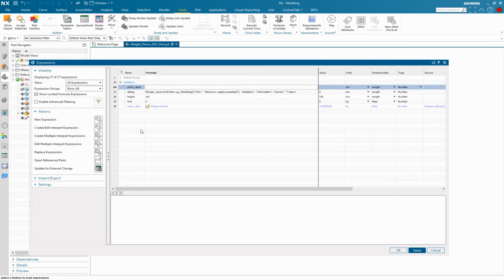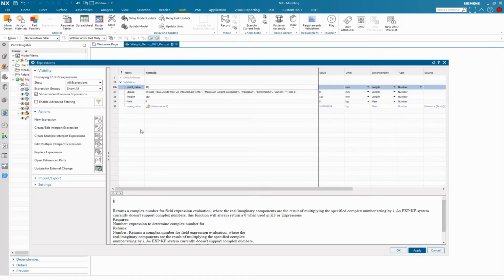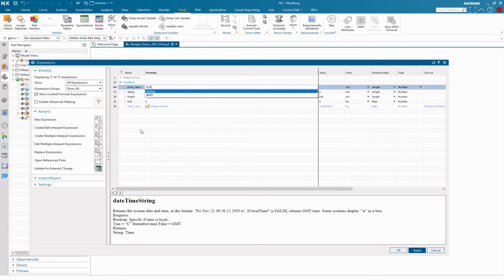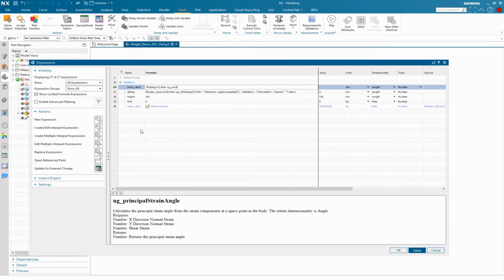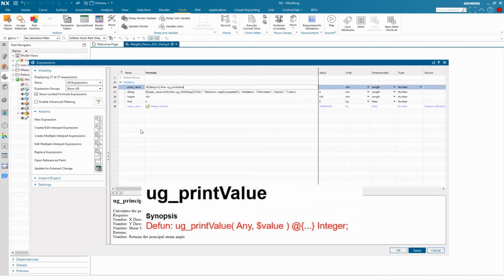And here it is similar to the first if then else statement. That means if the output of dialog is equal to 1, then we have UG print value. This is the function for this, and we'd like to have the mass value,